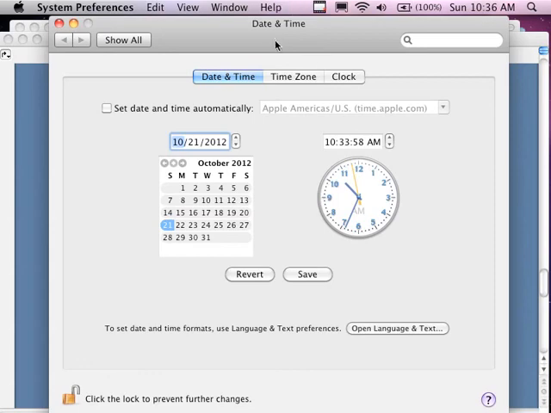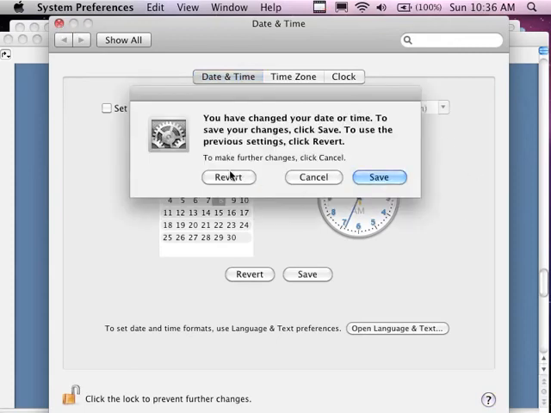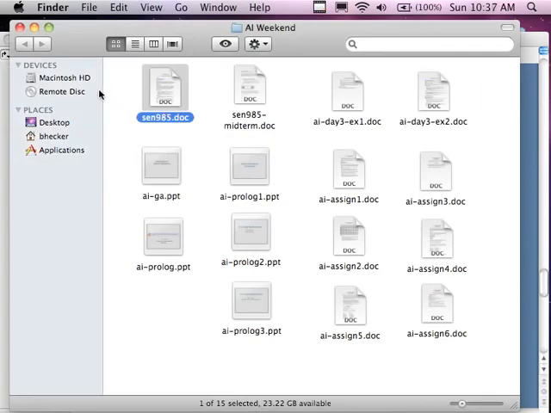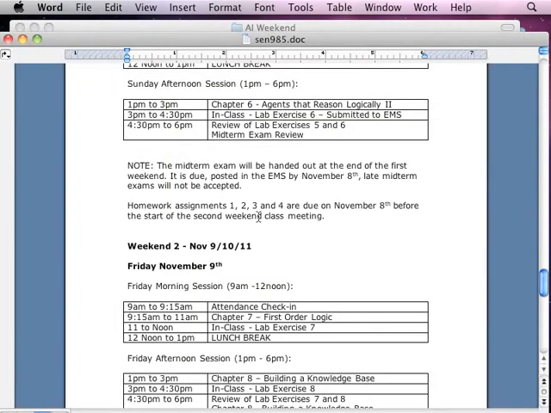So what you're looking at right now is the calendar. And this is the weekend of, today's the 21st. So we have next weekend off. There's nothing going on. And then there's another weekend when there's nothing going on for this course. And then we come back, and on the 8th, we have a bunch of assignments due. So it's 3 weeks away. So you have a 3-week break between this weekend and the following weekend. And according to the syllabus, we have 1, 2, 3, 4 assignments that are going to be due.